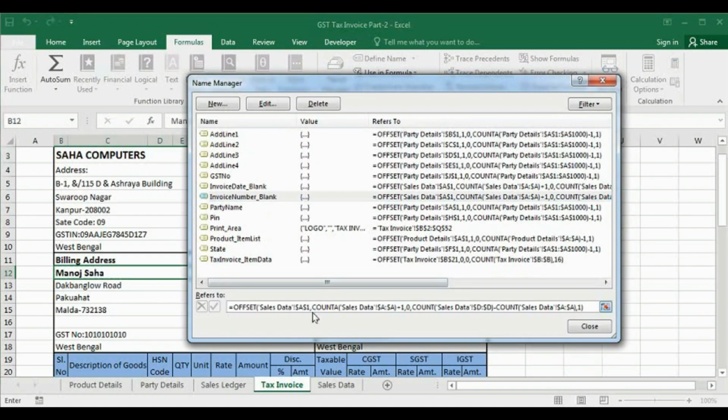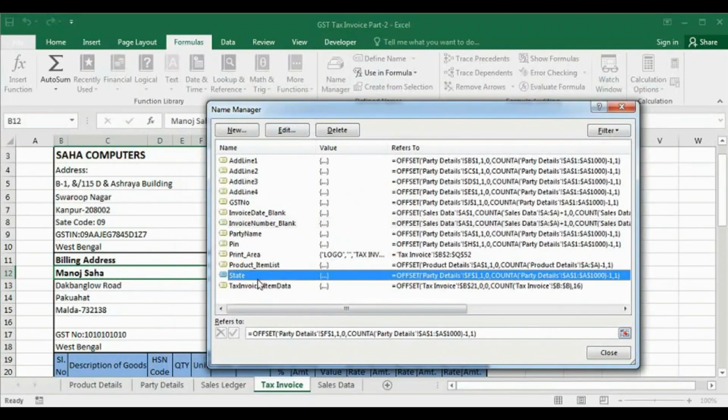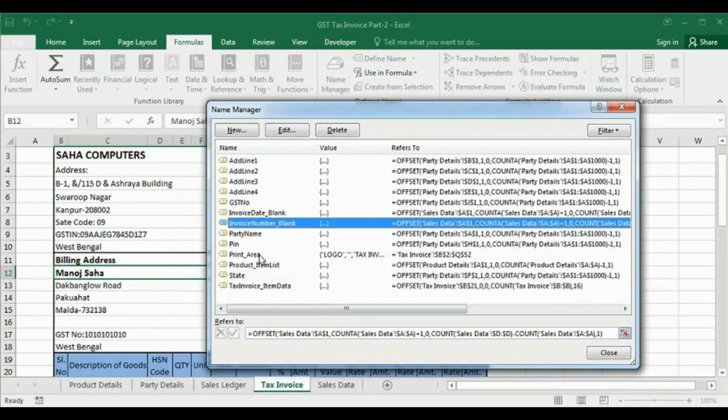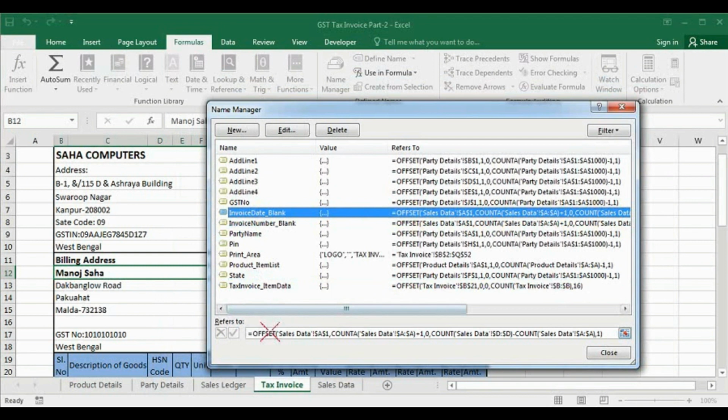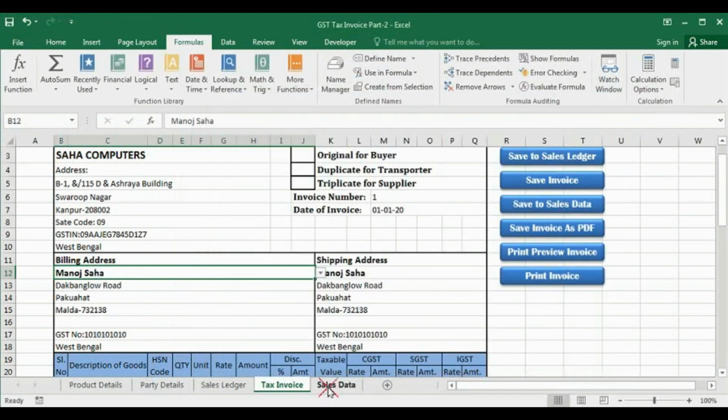Now I will edit here. So it is invoice date blank. There is no blank now, so it is not showing. Now I have invoice number blank.